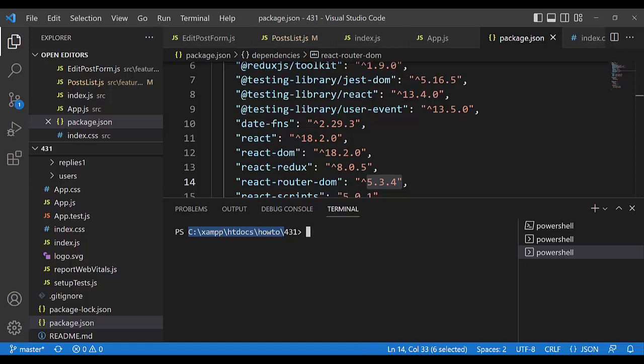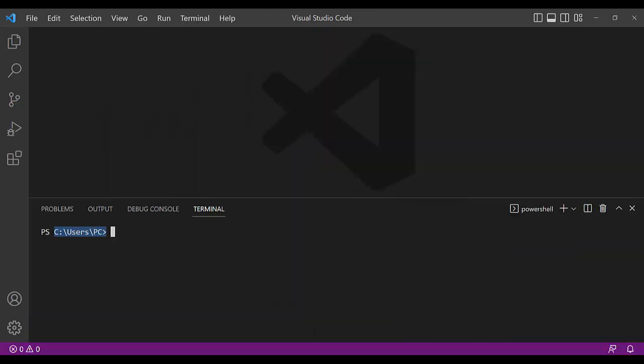Control C, and now get back here and cd, call that path, here it is. And now npx execution. It is starting application create React app